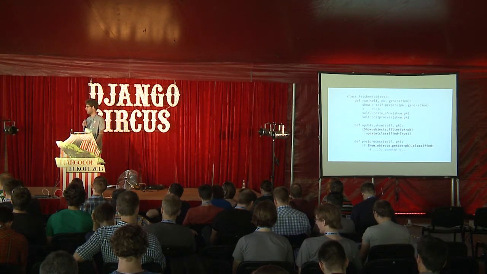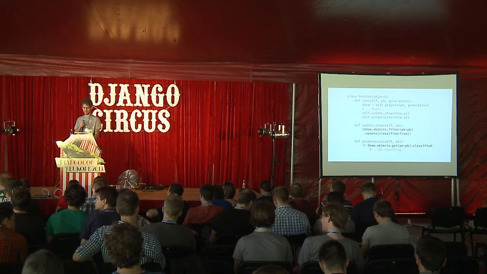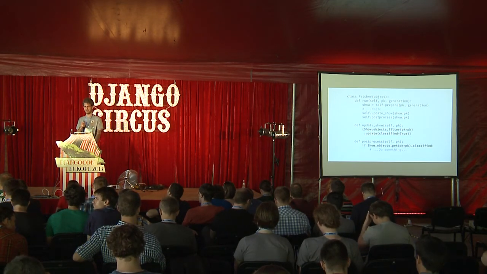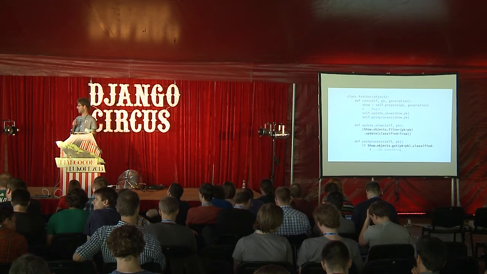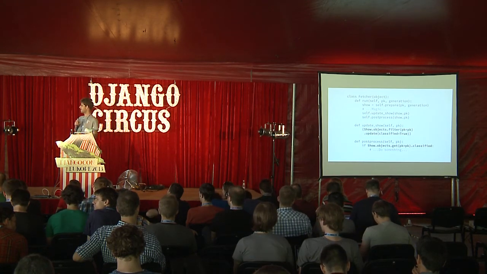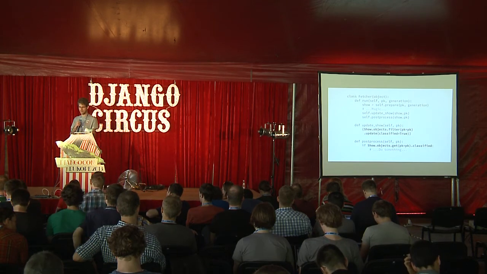It would be hard to spot this problem, but we can see that we update some classified field and then we check for it. In a single database, it would work, but when you have slaves, you might not. The slave might be delayed, and after update show, the classified field might still be false